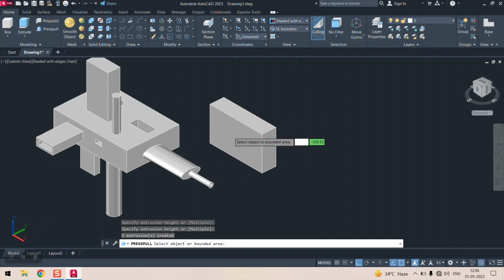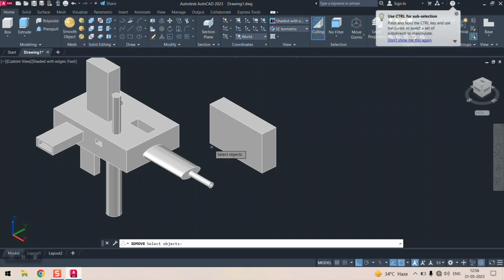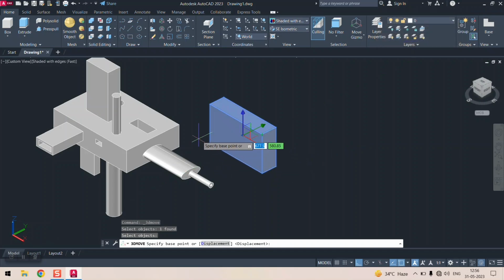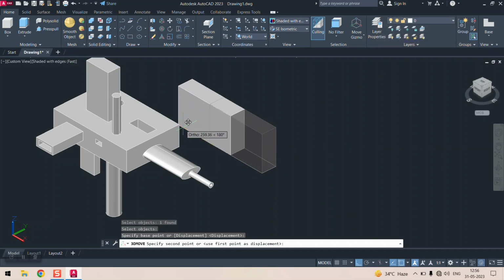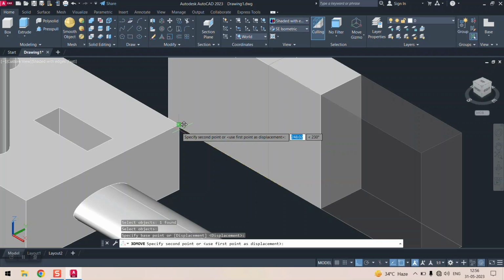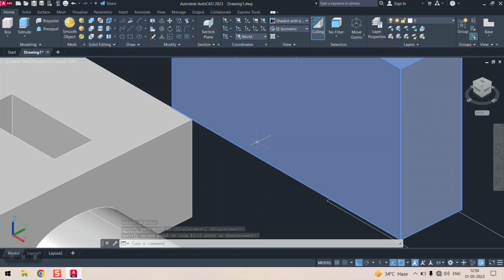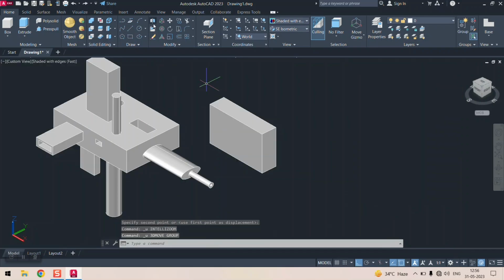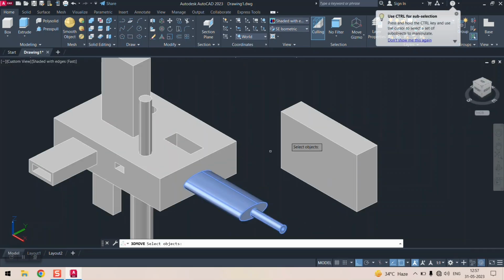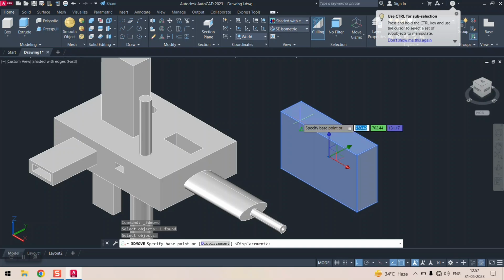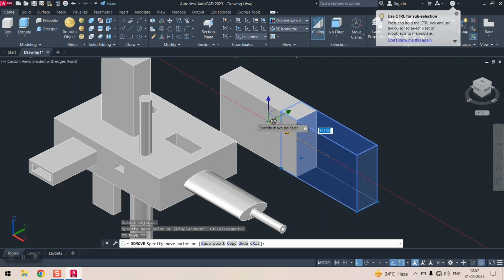And if you want to put this particular plane here, then what you will do, you can do one thing. You can use 3D move. Because of 3D move, select the object. This object I want to move. Enter. Specify the base point. This base point should come here. Select the object. Enter. And you can move it with the help of your